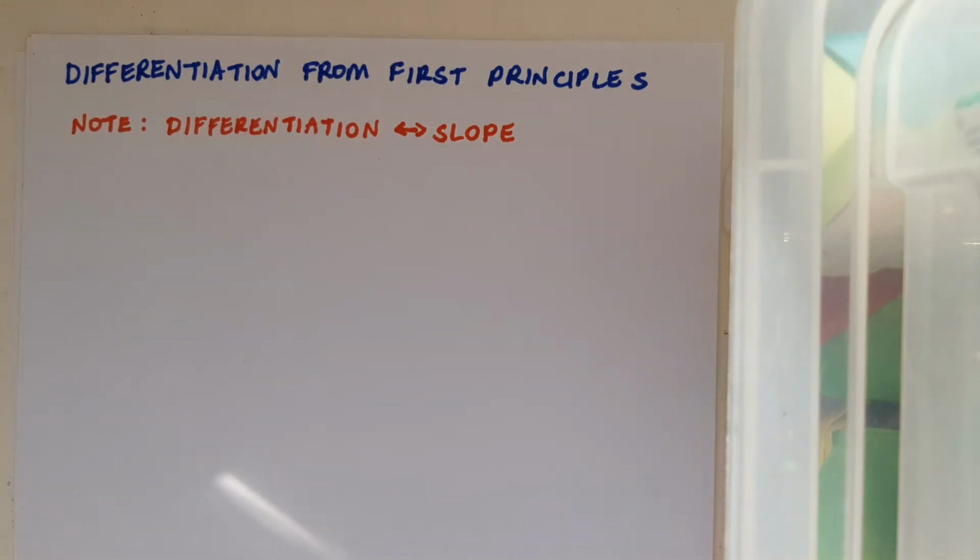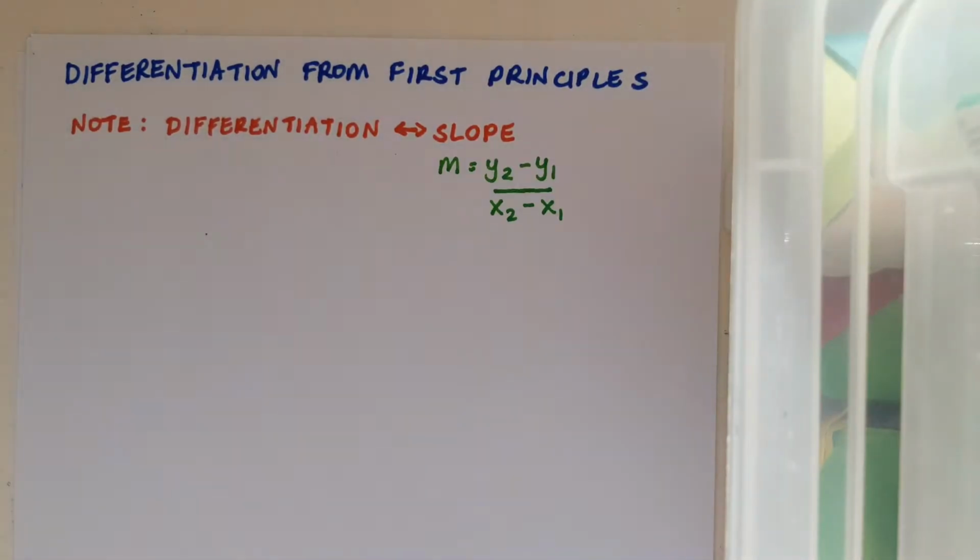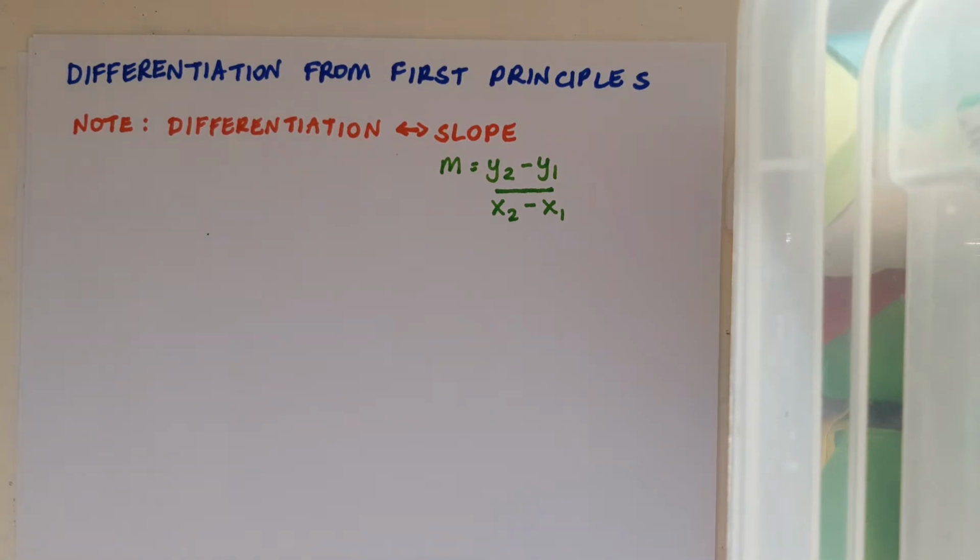We can find it by using rise over run, or we can use our formula m equals y2 minus y1 over x2 minus x1. And we use this formula because generally in coordinate geometry we have points and we can use the points to sub into the formula and we get our answer. But differentiation is used under different criteria than coordinate geometry. We want to be able to find slope even if we don't have all the points